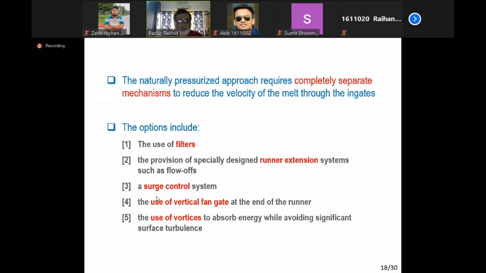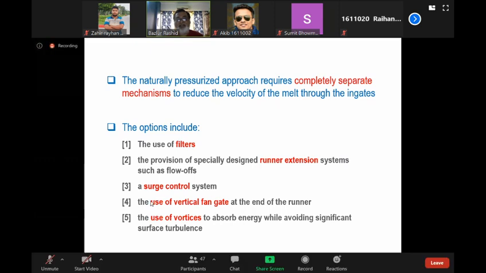সো এখানে আমরা যেটা বলতে চাচ্ছি সেটা হলো যে প্রেসারাইজ সিস্টেম ইজ গুড মেইনটেইনিং or minimizing turbulence in the gating system, but the initial velocity does the massive damage, এবং এই initial velocityটা গেটিং সিস্টেমের মধ্যে রিডিউস করার জন্য আমাদের এক্সট্রা কিছু প্রিকশন নিতে হবে, এবং তার মধ্যে এগুলো কয়েকটা উল্লেখ করা হবে।